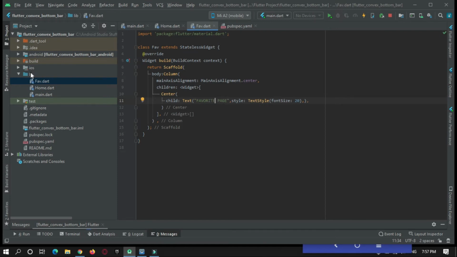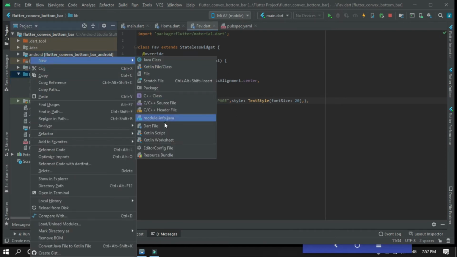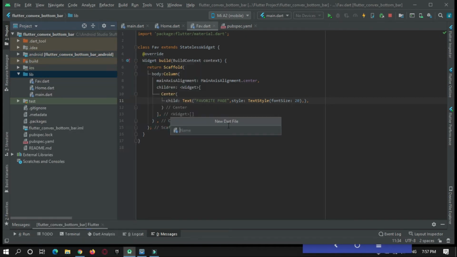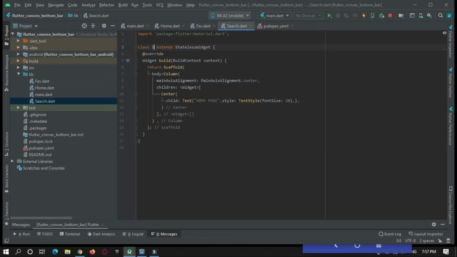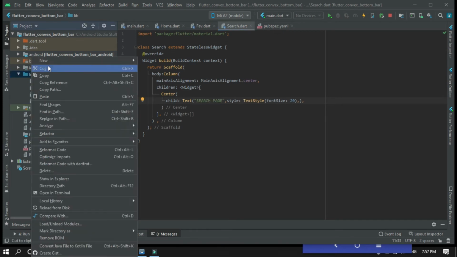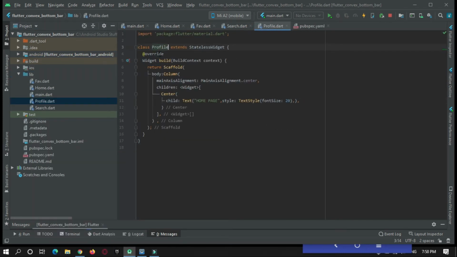I will just fast forward over here and do this first. Okay, so we have created four pages: home page, favorite page, search page, and profile page.